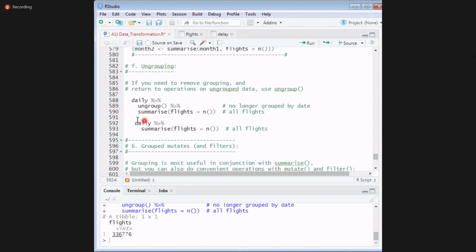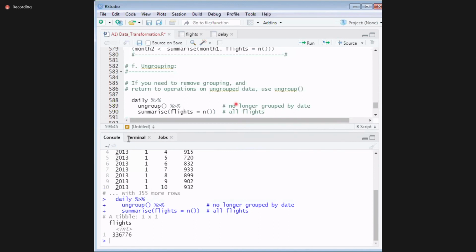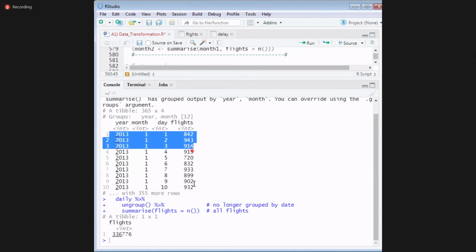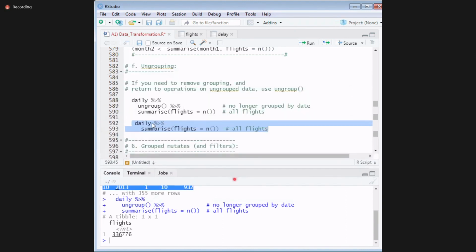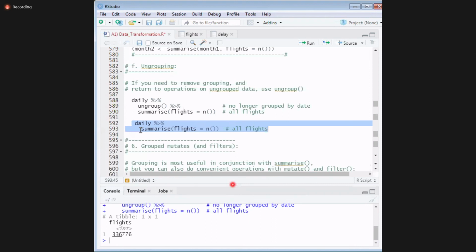If I use this data, which is grouped, I get outputs based on the group. But I want a summary for everything. Then before running any aggregation, I should ungroup it. How to ungroup? Using the ungroup function. So this grouped data is ungrouped, then I use summarize, then I get the single output. That is the functionality of summarize. Summarize will collapse the whole data into one row.